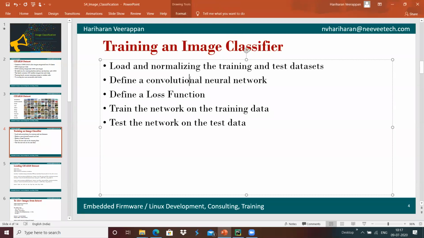And we have to define a neural network, and we can make that loss. How we can detect what the loss is, using the loss function, and we can do the training of the network using the training data set images over here, and then we will test the network using the test data set present in the data set. Now we will see how we can load a